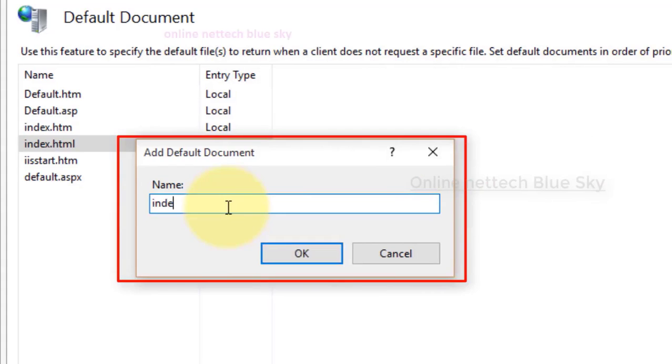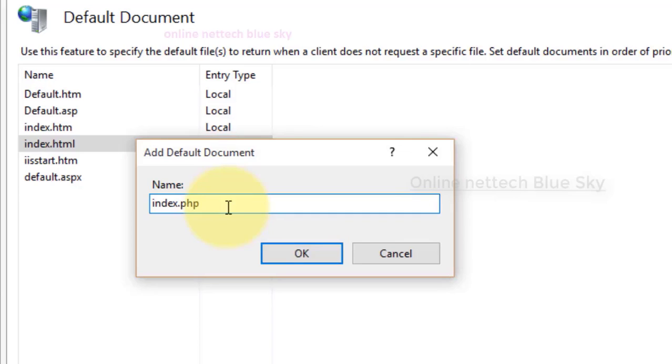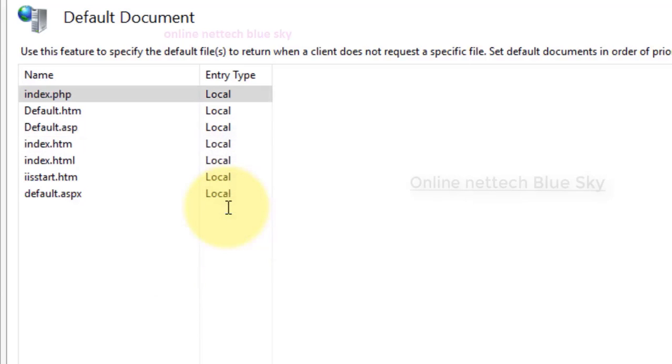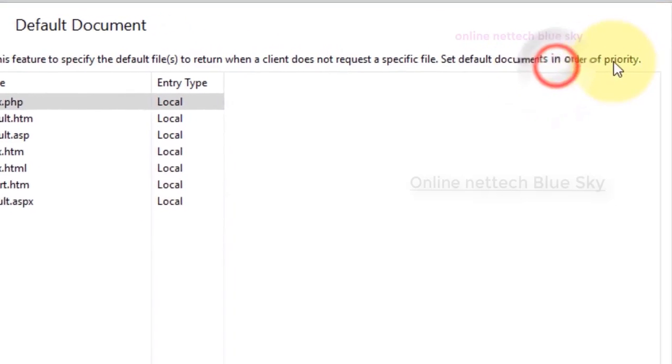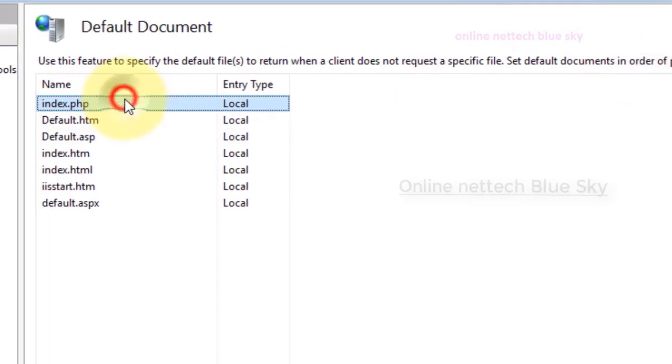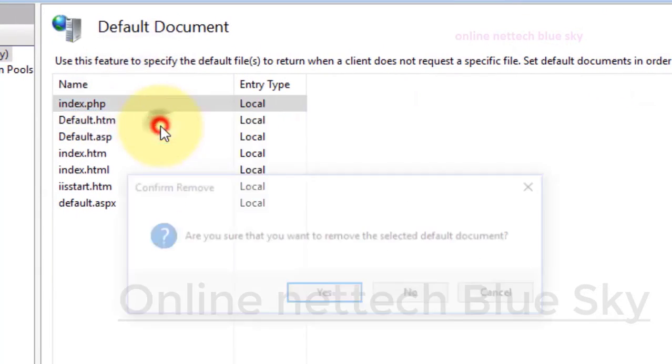So enter the name. My website's main file name is index.php, and I'm going to enter it. With any of these bindings and other files, index.php automatically redirects and shows my data from my primary file.